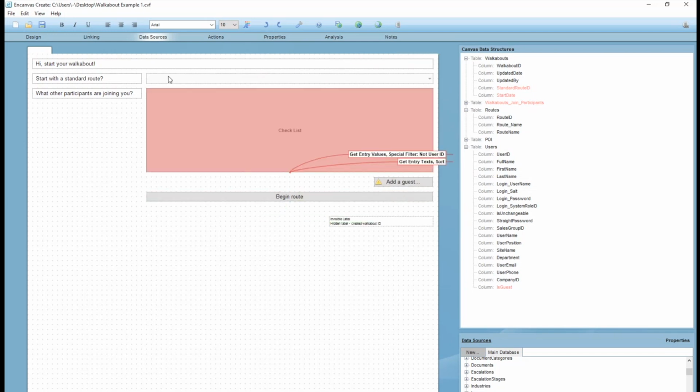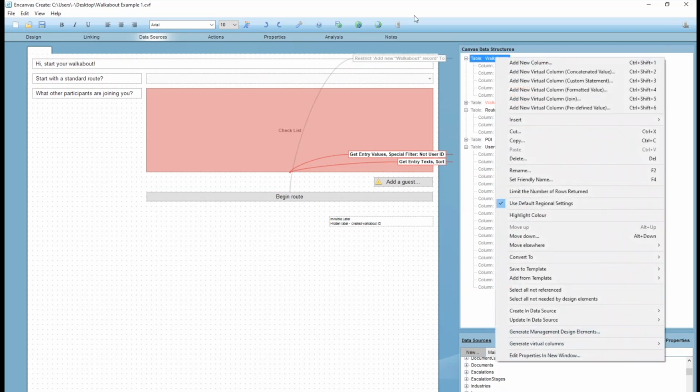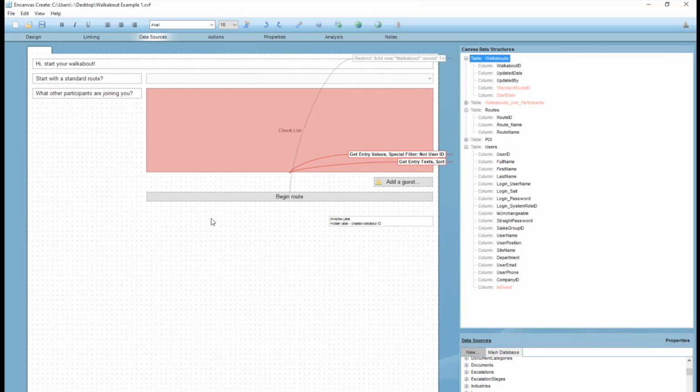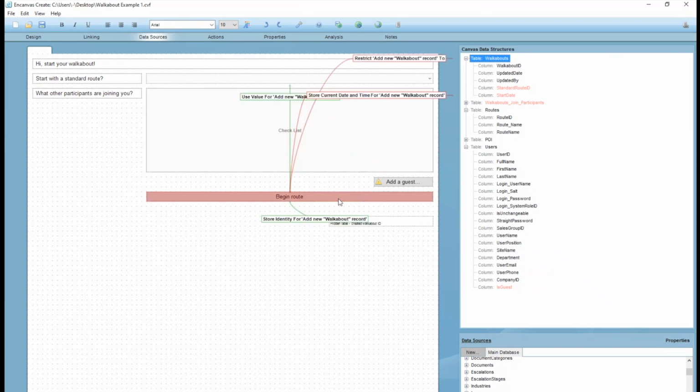So, if we wanted to, we could always add any other information we wanted to for the walkabout, a note or a name for it or a purpose, if the walkabout is a safety check or a scheduled thing or who knows. We could obviously make this walkabout table as rich as possible. So what we're then going to do, the very first step of this begin route button